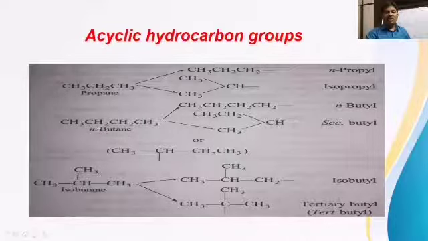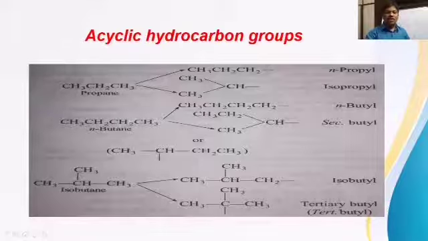When we say normal, if there are no branches in the given structure, that is called an N-normal compound. So it is a normal alkane, N-alkane. From this N-butane, if you remove hydrogen from the terminal carbon, we get N-butyl. Here the free bond is located on the terminal carbon. This free bond shows the removal of one hydrogen atom from the terminal carbon. So N-butyl is obtained here.